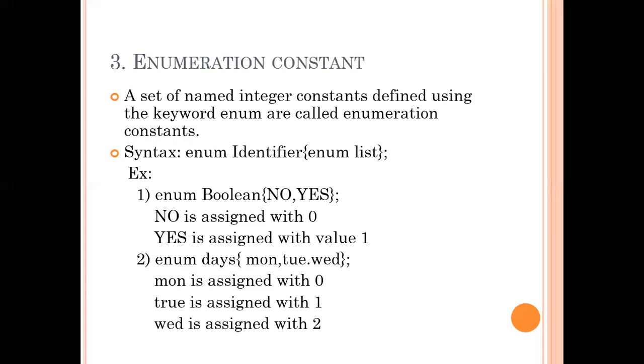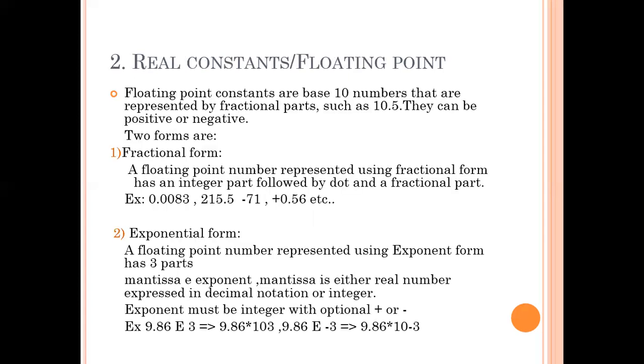Okay. We can also find the single character constants, anything written within a single quote. For example, 5, if it is written within single quote, or x, if it is written in single quote, it is called single character constants. Then come string constants. String constants are written within double quotes. So anything written in double quotes becomes a string constant.